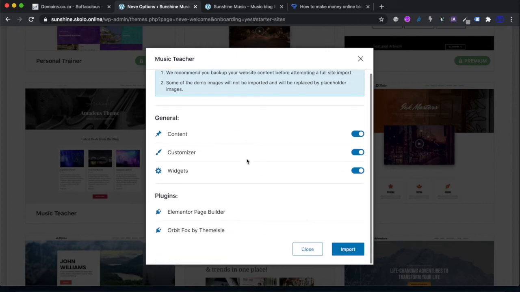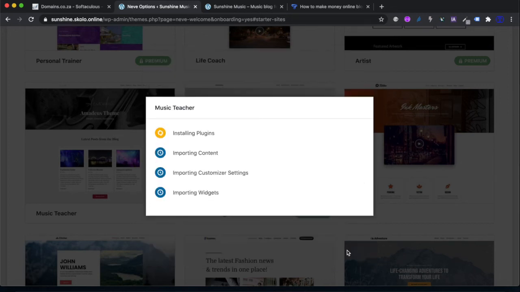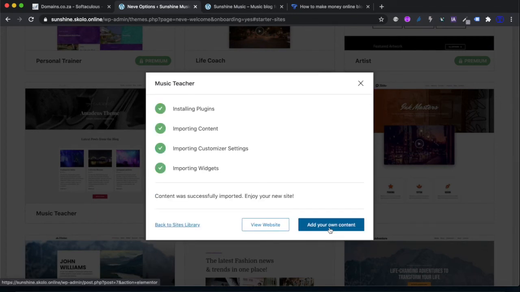And it doesn't have a lot of plugins that you need to have. Just make sure those are ticked so that you import all the content, the customizer, and the widgets. If you, for example, unticked this, it would import the website without content, but we actually want the example content as well. So let's import that and just wait for it. Okay, so once that is completed,